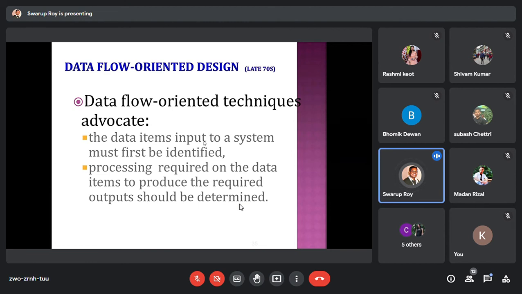You're going to study it later on. We also have to do some assignments on data flow, drawing a data flow diagram for some problem that I'll give you, and then you have to think how you can solve that problem and accordingly draw it, representing how the software is going to work.